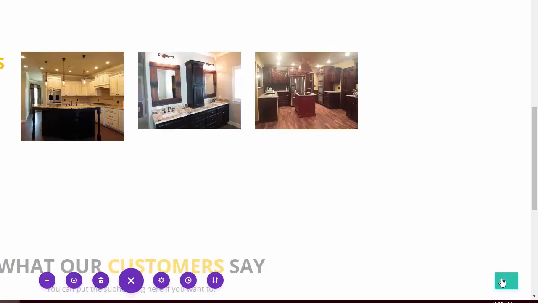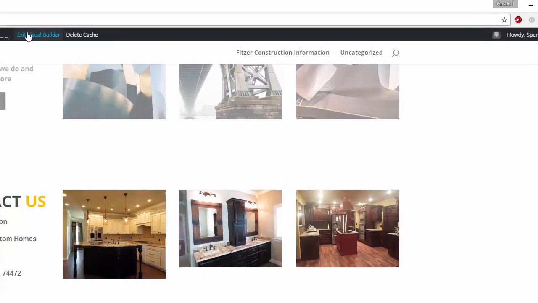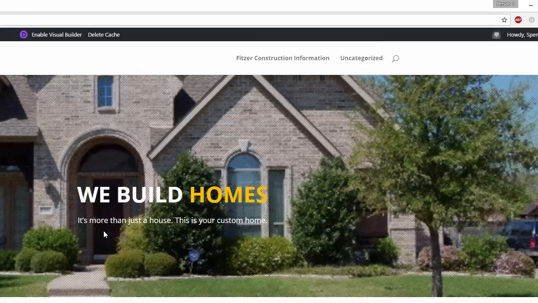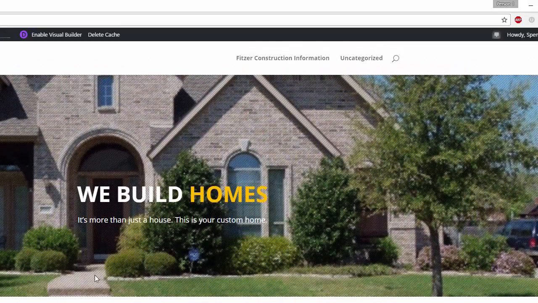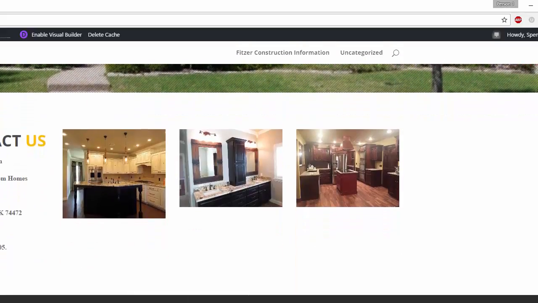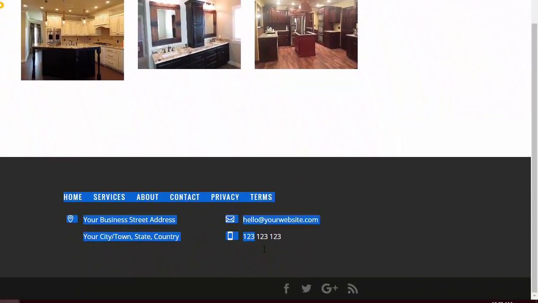Then you click your purple wheel, you click save. Once you've done that, now it should zoom out for us here. There it is. You click exit visual builder. So all of those changes we made were saved, and you can see all the sections were hidden. And I'll show you in a second here. They're still there, but you can only see them when you're editing